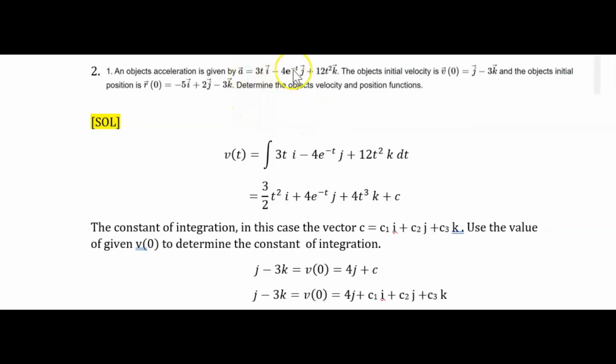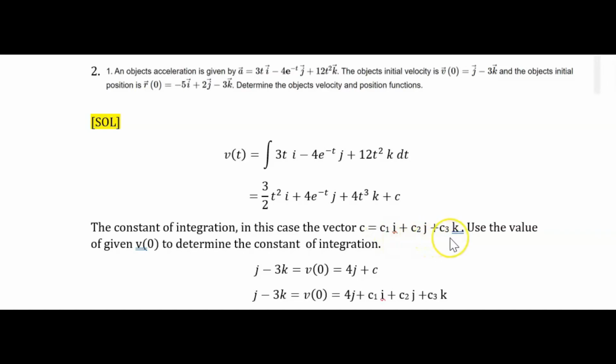Given the acceleration function in the question, substitute the value of acceleration and we integrate it with respect to t. Therefore, we'll get the answer of 3 over 2 t squared i plus 4e to the power of negative t j plus 4t cubed k plus c. Don't forget the constant of integration, which in this case is actually the vector c equal to c1 i plus